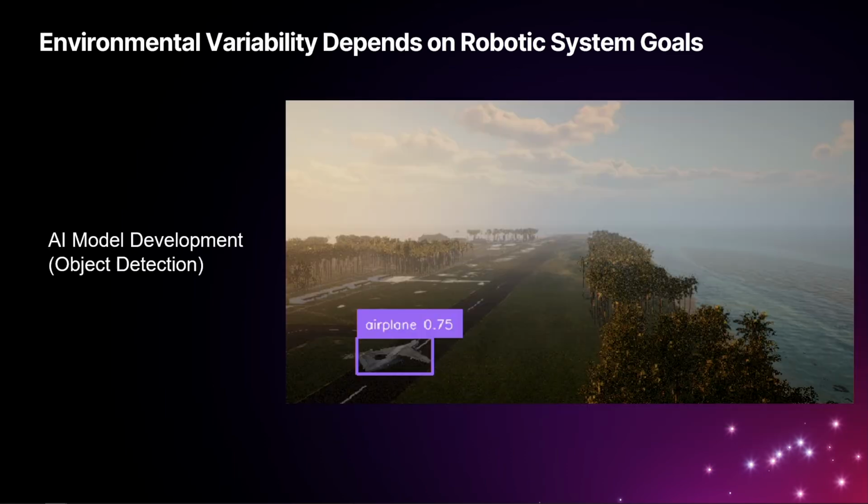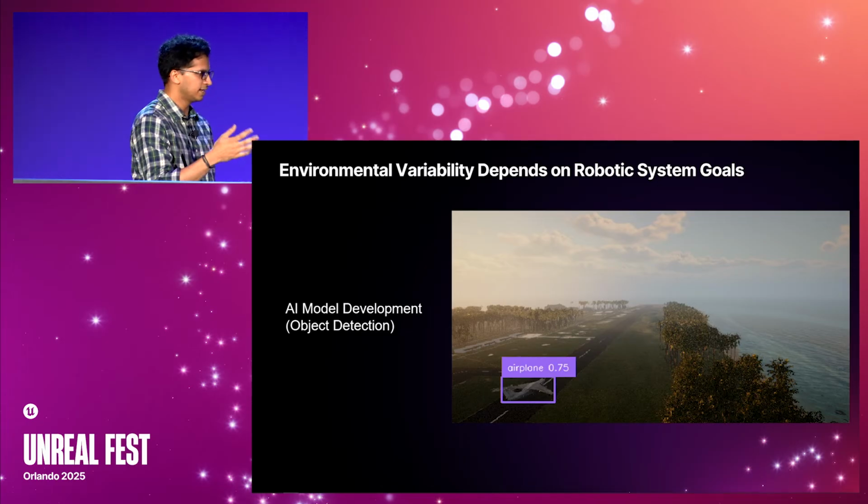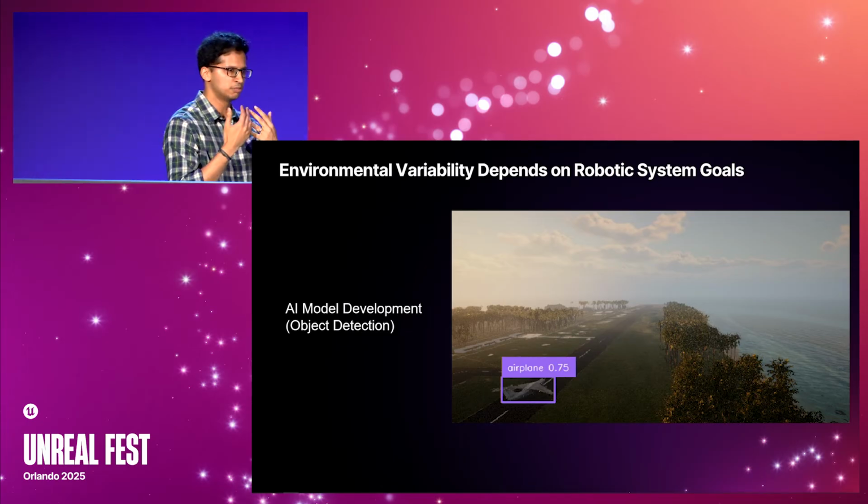And of course, there are these worlds that the robots will inhabit, but what you want to do in those worlds also determines how you build those worlds. Do you want to train an object detection model, which means you'll have to be able to put certain objects of interest in the scene and then put them in different locations and different lighting conditions and different poses and so on and so forth. So you need hooks. It's not just a static world anymore. You need to be able to randomize it in hundreds of thousands of different possibilities, pretty much. So that's there.